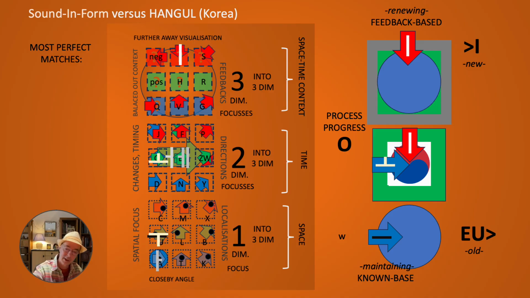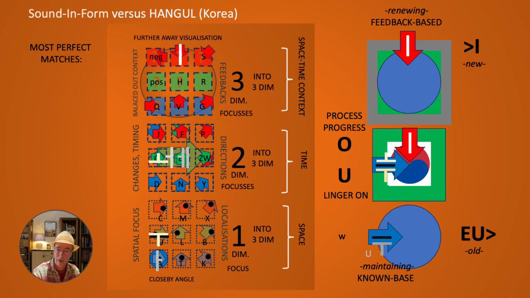The red part is the positive renewal, and the blue part is the maintenance. When things are changing in that renewal, we have an engagement in the process which is in progress. So when the process is in progress, you have not just the balance of everything continuing, but you also have a continuing according to the heavens, so upward, according to the renewal, according to all the processes. So that's the match for O, and that's the letter for O.